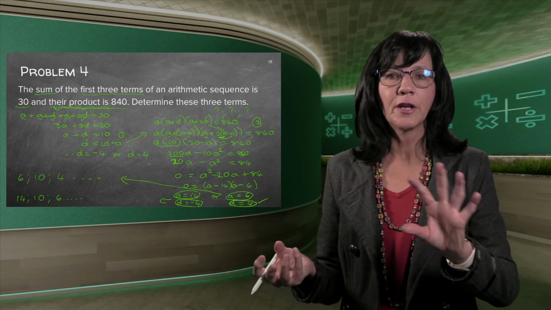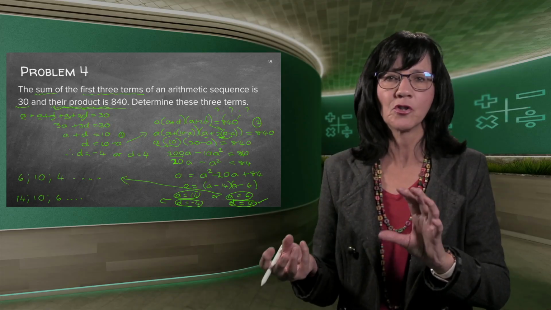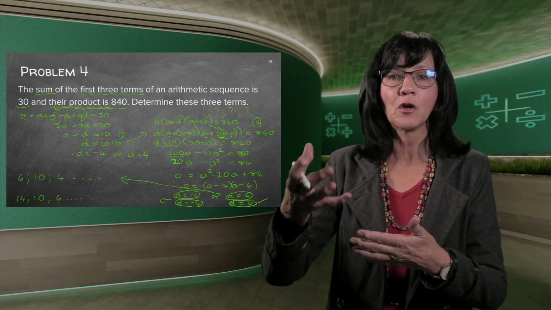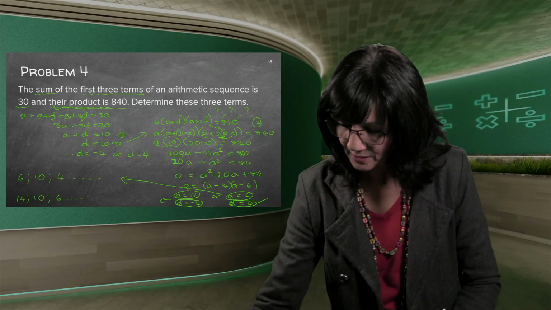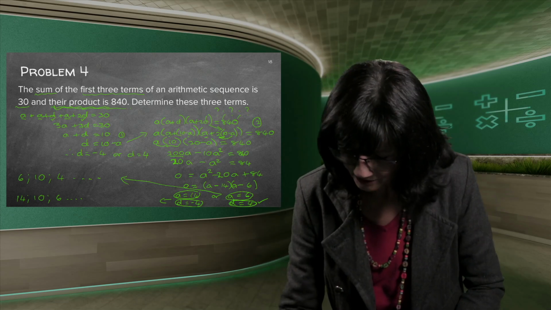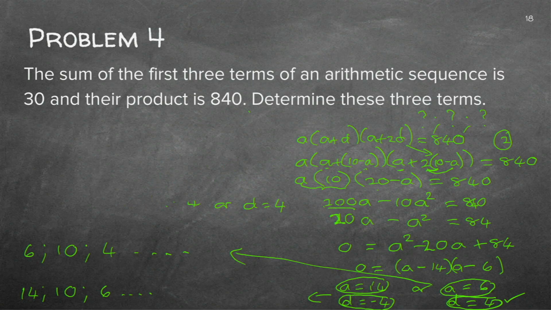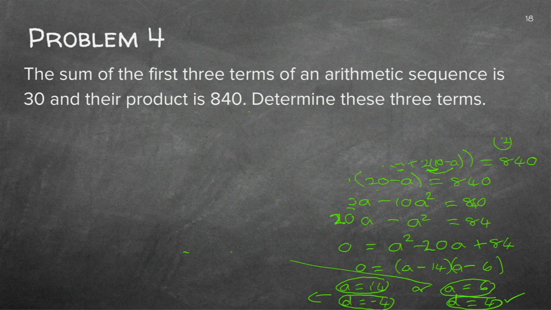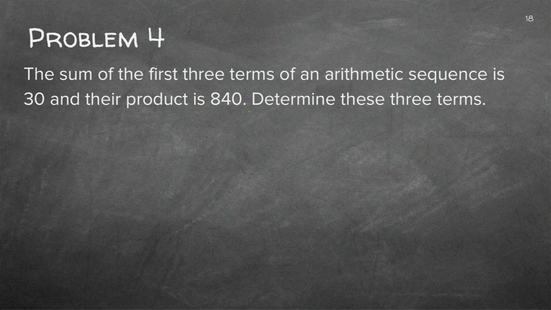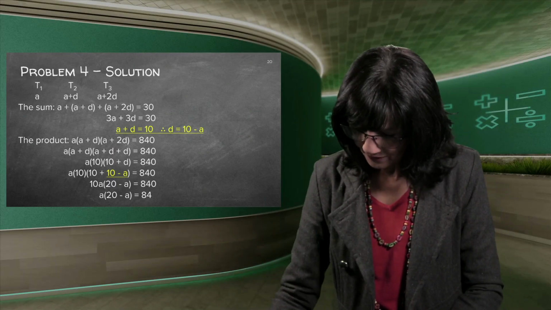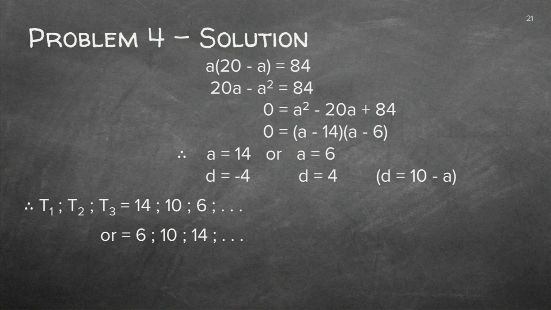So this was a totally complicated problem that is not a normal question, but it's one of those that they put at the end of the exam to make sure that you can also do the difficult ones. So I'm taking off all this writing so that you can go and do it all on your own and concentrate on the method of it. Doesn't matter if there's complicated things like A and A plus D and A plus 2D, the method stays the same. After you've done it, you can go and check there. There are all the answers, and there are the two sequences.